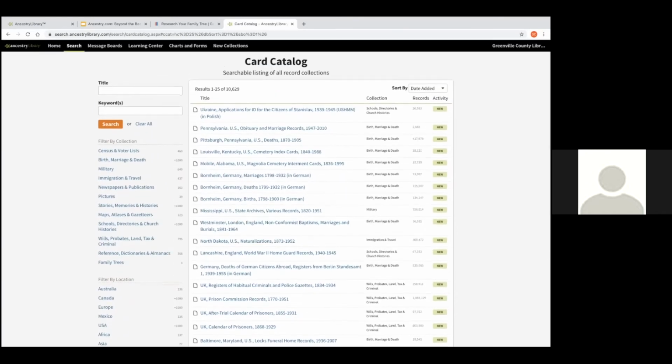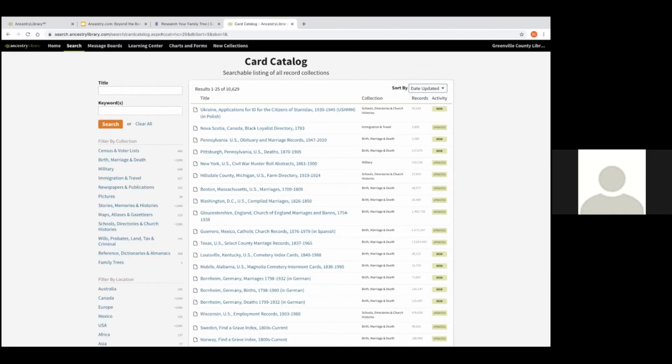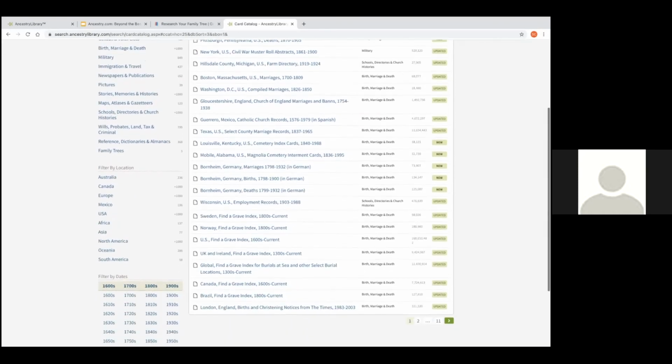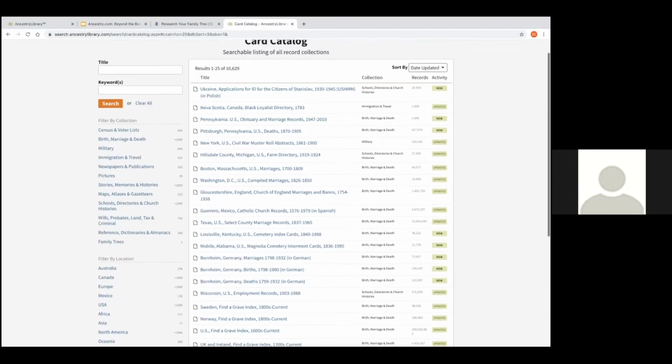And another thing I want to mention is you can also sort by the date the record was updated. So I like to do that one as well. And when you do that, you'll definitely see the new ones too, but you'll also see some of these that have been updated. So any record that's been updated could potentially have a lot more information than previously. If I'd already looked at that record, now I know, okay, it's recently been updated. I probably want to look at that again. Like here's one on Civil War muster rolls. So that might be one, if you have somebody in New York, that might be good to look at. So I always like to check and see which ones have been recently updated.